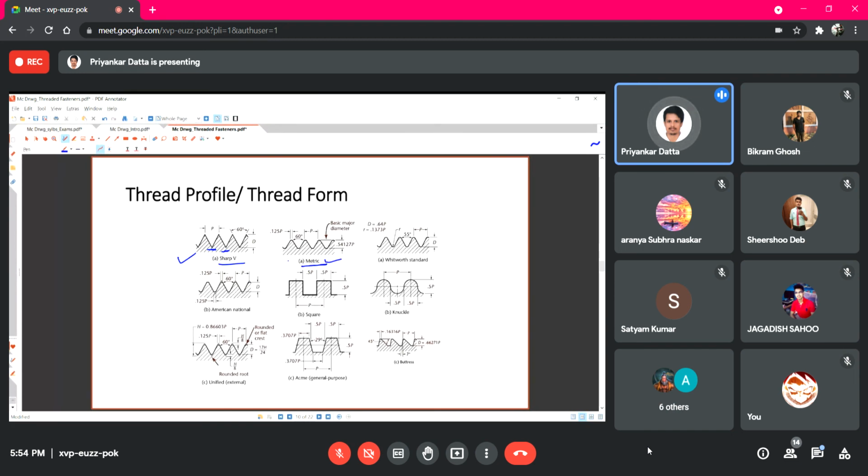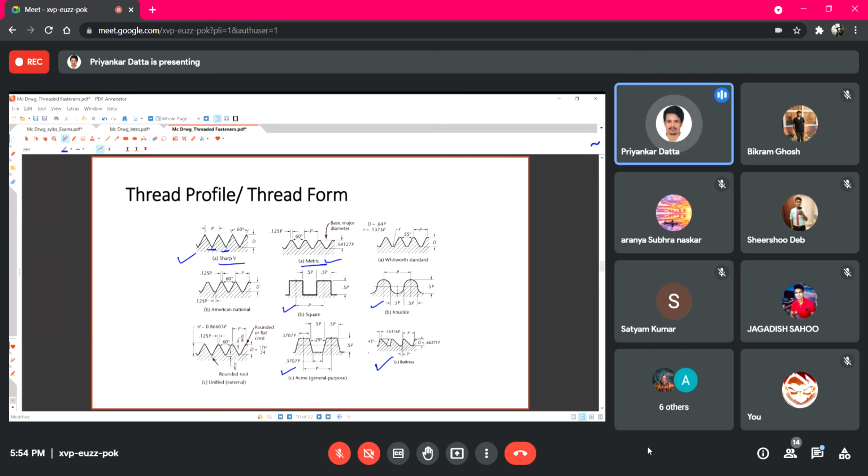In general, in BIS also we follow this metric thread, and in almost all the simple threads you will find metric thread. Now, as I already mentioned, additional thread profiles are square thread or knuckle thread or Acme or buttress thread.